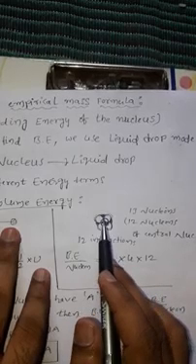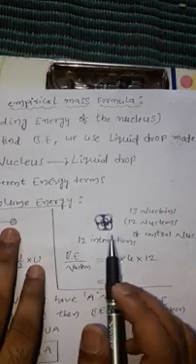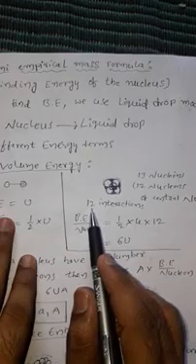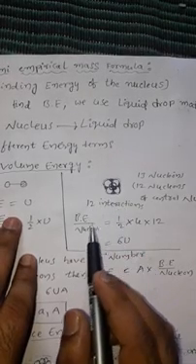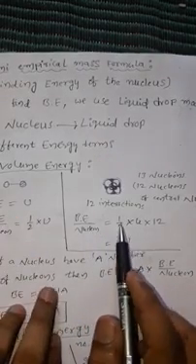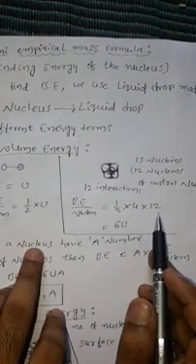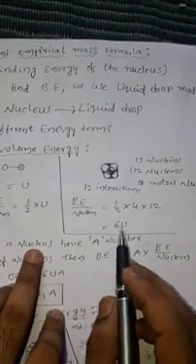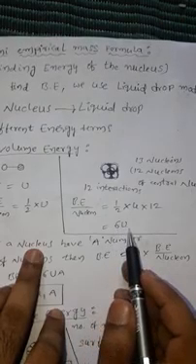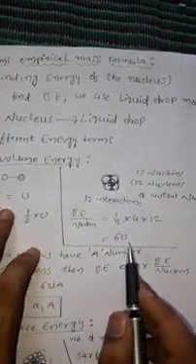I am just talking about the interaction between this center nucleon and its nearest neighboring nucleons, but not between the neighboring nucleons. So if we have 12 interactions, then binding energy per nucleon will be equal to 1 by 2 U into 12. So that becomes 6U. That means to break this nucleon, we need 6U energy.